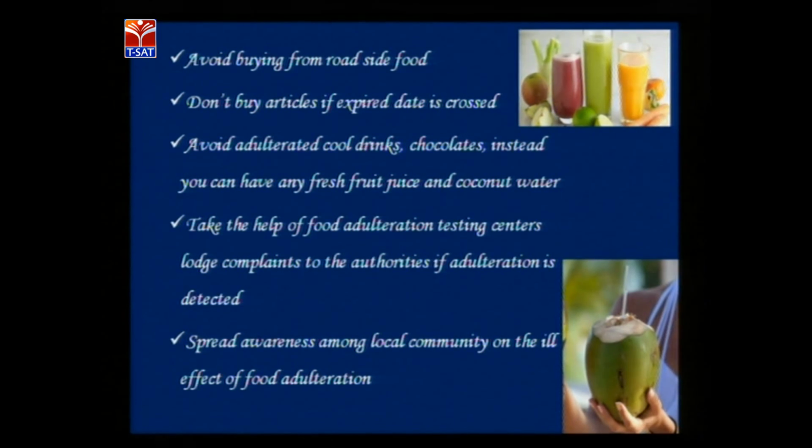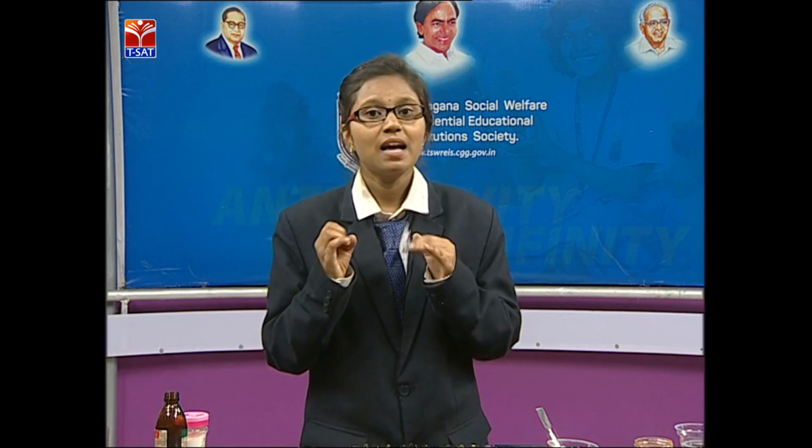Okay friends, let us recapitulate our topic. Adulteration is the process of decreasing the purity and quality of a material by the addition of any foreign material. Contamination is a natural phenomenon. It occurs by various biological organisms like microorganisms, birds or rodents. Adulteration is a manual process, and contamination is a natural process. So, adulteration is different from contamination.